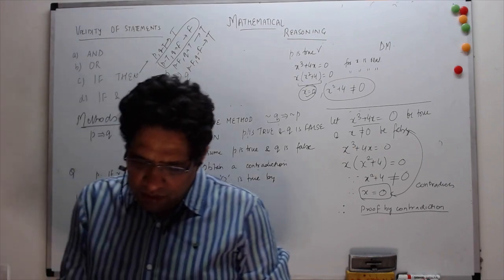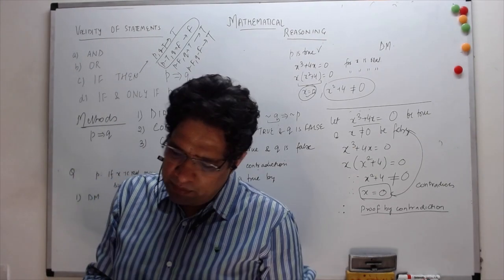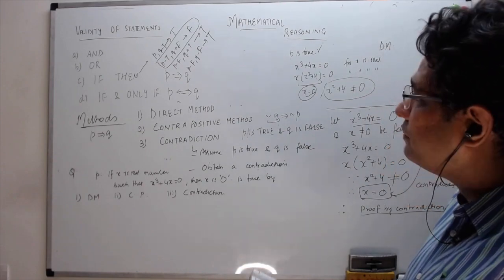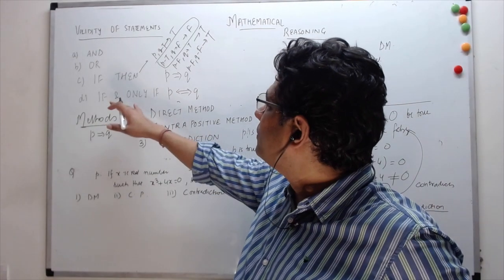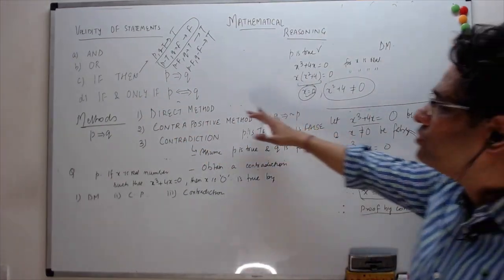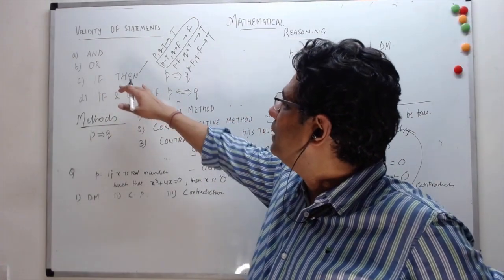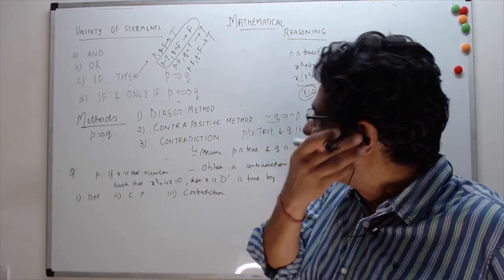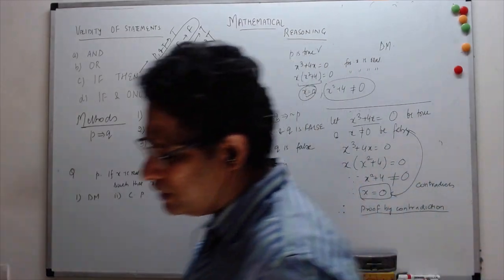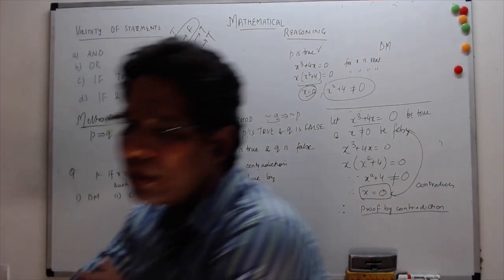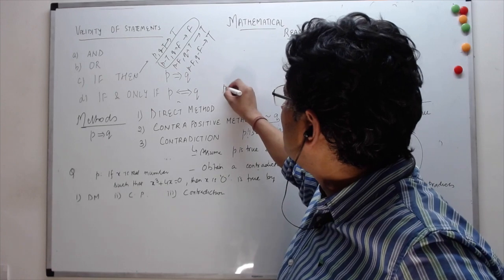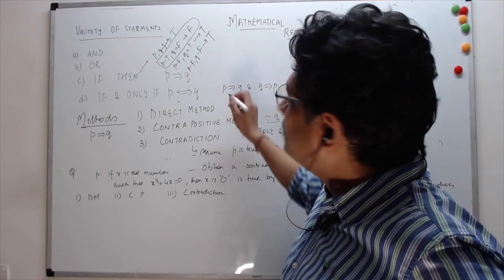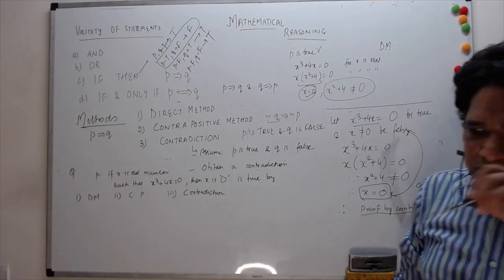I think we have validation of the statement. Okay, so now coming to if and only if, right? There would not be any problem if we know these three methods of proving if and then. If and only if statements are nothing but a direct application of the same methods, but you have to apply it for P implies Q and whether Q implies P or not. So your work is kind of doubled, that's all.